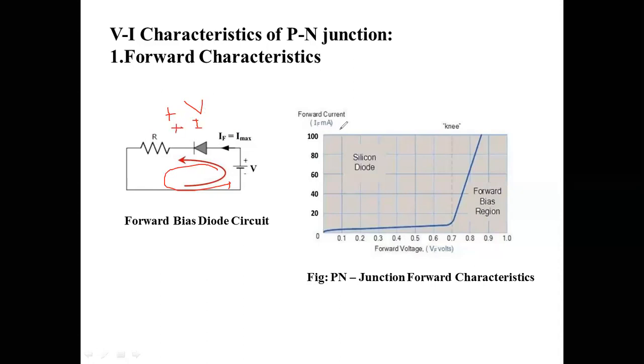If V and I are both positive, you know this graph. This is the voltage axis and this is the current axis, the X and Y axes. If both are positive, where will it be? It will be in the first quadrant. You can put the forward bias characteristic in the first quadrant because V is positive and I is positive. The X and Y axes both have positive values.